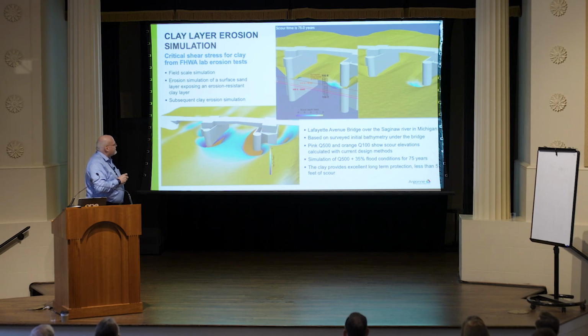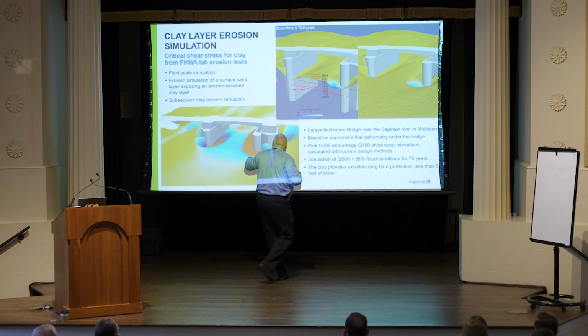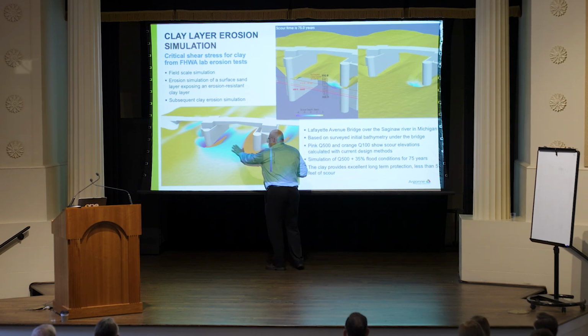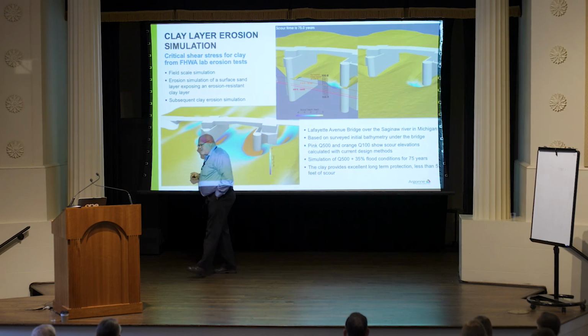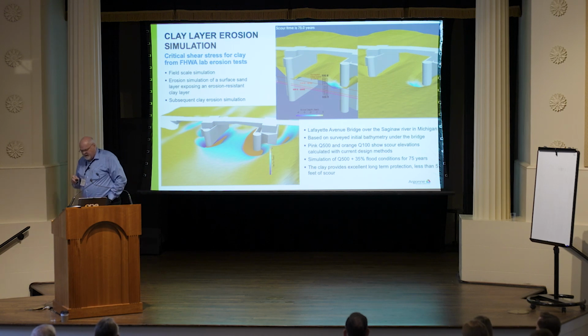And for the purpose of demonstrating how our software works, we ran sand erosion here on the lower left until the clay got exposed, right? So you have now these clay patches close to the piers where the scour holes for the sand develop. But we wanted to see how the whole riverbed conservatively behaves if this is all clay erosion, right?